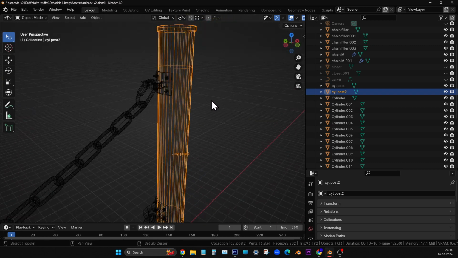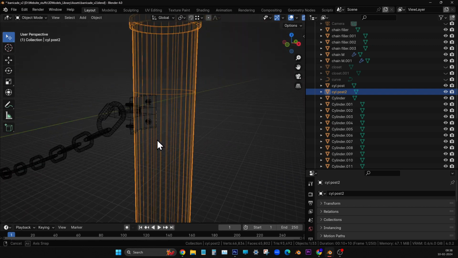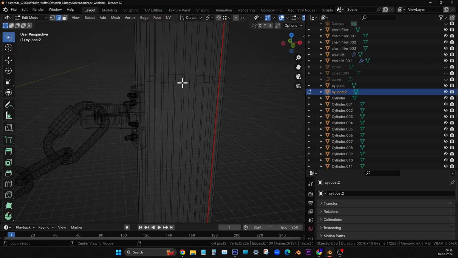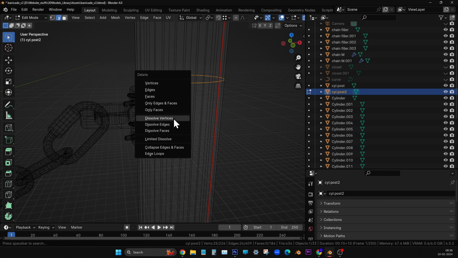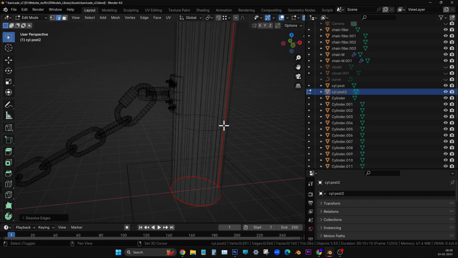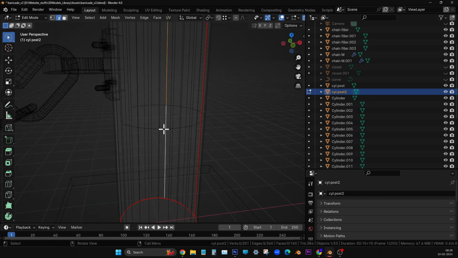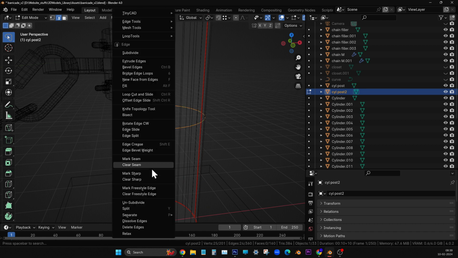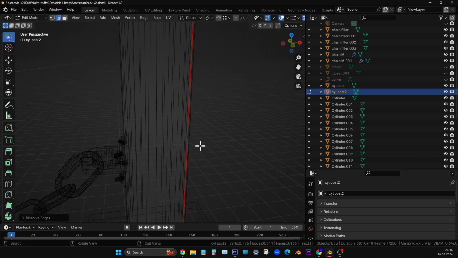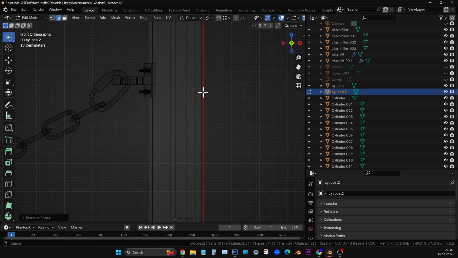Now I will also add the lines, that is horizontal edges I have to add. I will delete this one and again add so that it will be recorded here. So I'll press X or delete on the keyboard and then say apply dissolve edges. Right here also I have added that, also I will dissolve. Right click, sorry, X, dissolve edges. Right. Now I will freshly add it and go to the top,